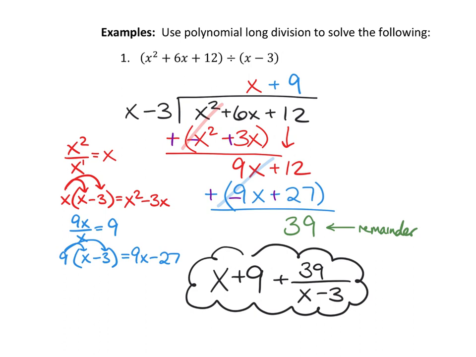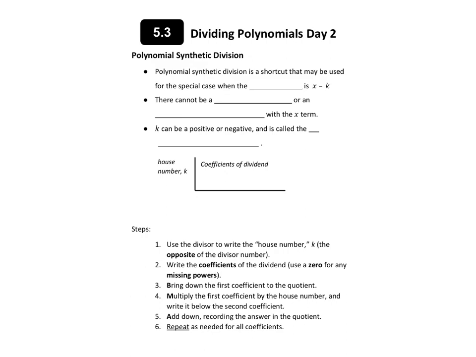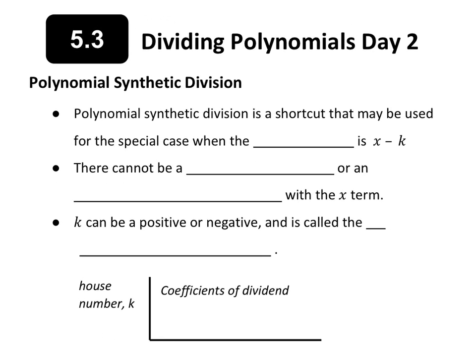We're on our second day of division. This is called long division, but today you're going to learn about something called synthetic division. Now, synthetic division only works for a certain number of polynomials, specifically polynomials that have a divisor that is written like this, x minus k, meaning it is not squared, there is not a number in front of x, it is just a plain x plus or minus a number. If that's the divisor, or the thing that would go outside the house,